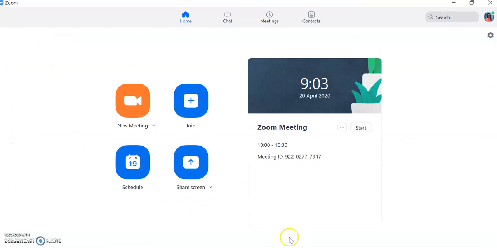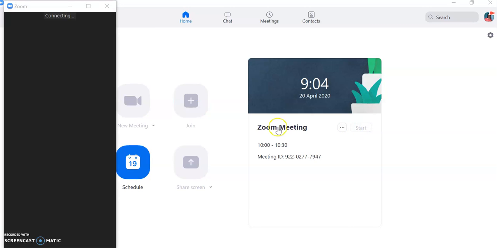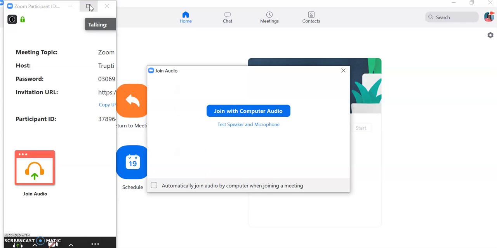Once that is done, if you can see now the window of Zoom, this information related to the meeting is appearing in this window. So the ID for this meeting is provided over here. I can share this information with the participants via WhatsApp or mail and they can join this meeting. Now I'm selecting the option to start the meeting. We are starting the meeting before the scheduled time.